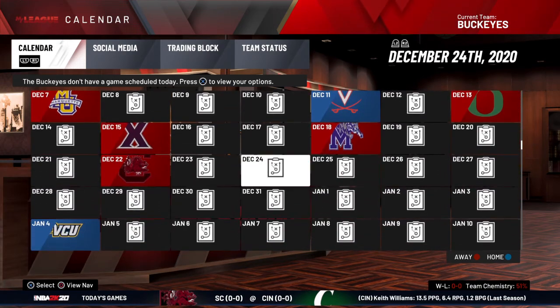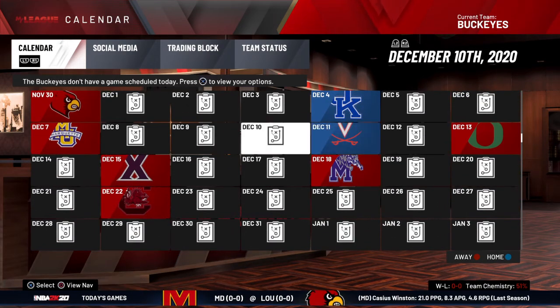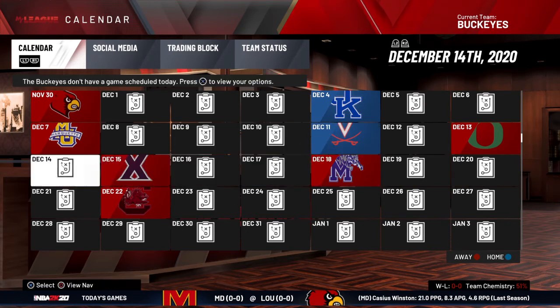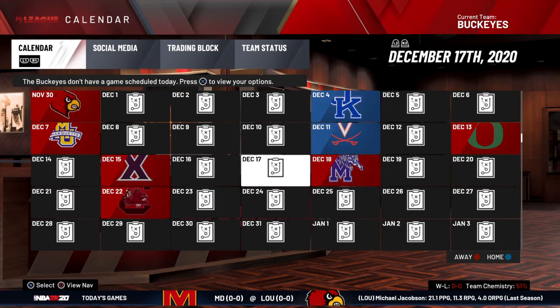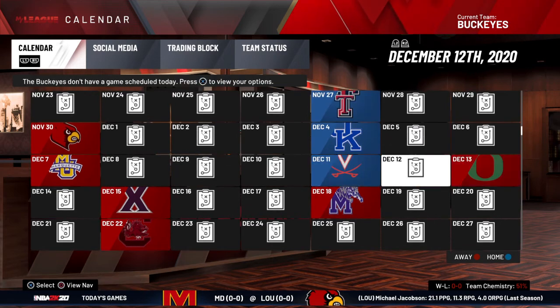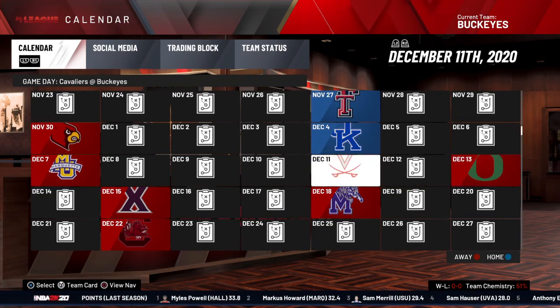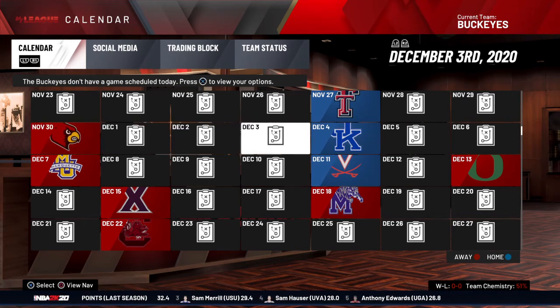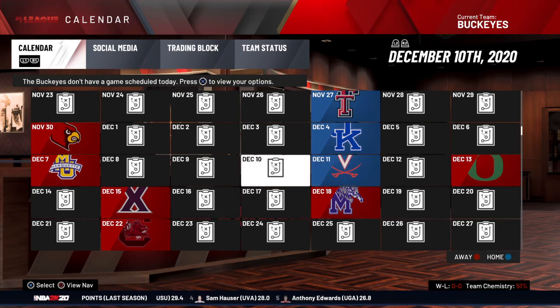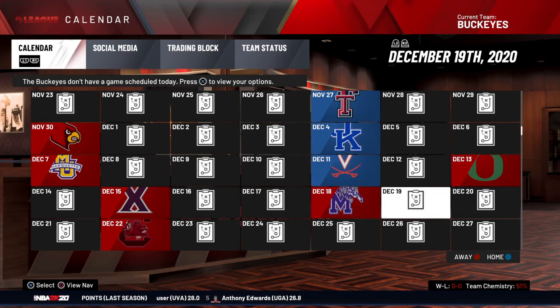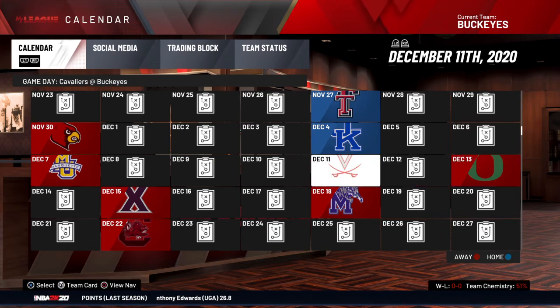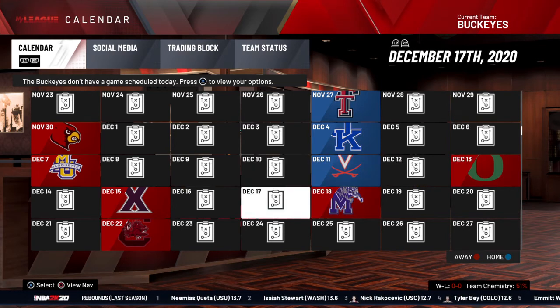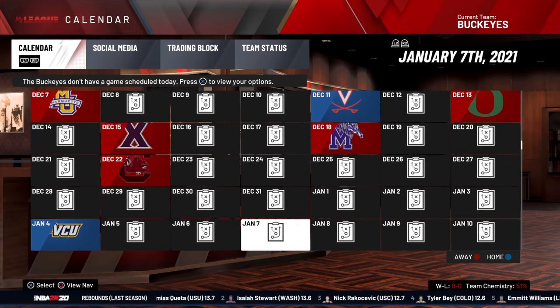December's got some big games. Marquette. They're not that big now. Marcus Howard's there. Not there anymore. He's on our team. We've played Memphis already, so it's probably between these 3 teams: Kentucky, Virginia, and Oregon. Probably not Kentucky because we're playing Louisville right there on the 30th, so I don't want to waste my November or my December game that early in the month. So it's probably going to be between Oregon and Virginia. Let's play Virginia. So we'll play Virginia on December 11th.